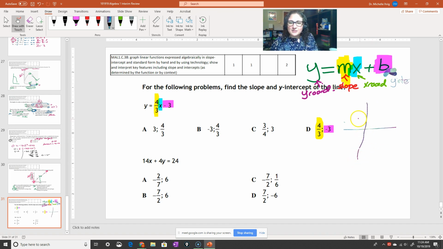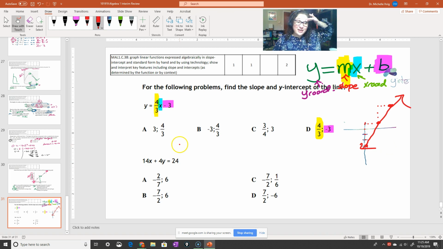Here we have our axis. It says -3 is my intercept, so I'm going to go here. Here's my intercept. And then it tells me I need to go with a slope of 4/3. So that means I'm going to go up 4, 1, 2, 3, 4, and then I have to go over 3, 1, 2, 3. Pretend I'm doing this on a coordinate plane, and then you connect your points. And that is how you would graph that line.